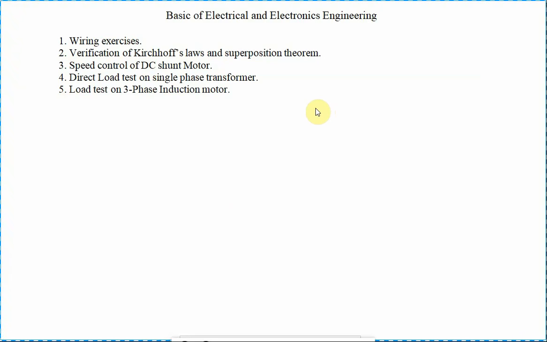Most of the lamps or fans we use in our houses, the one switch only method is connected. Then the second one, staircase method. What is a staircase? You are climbing on steps. There are two switches, one switch here and one switch here, on the steps. So here there are two switches, but only one lamp.